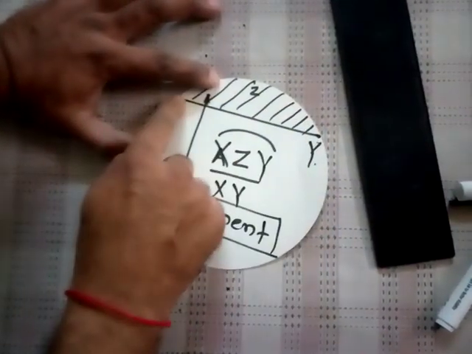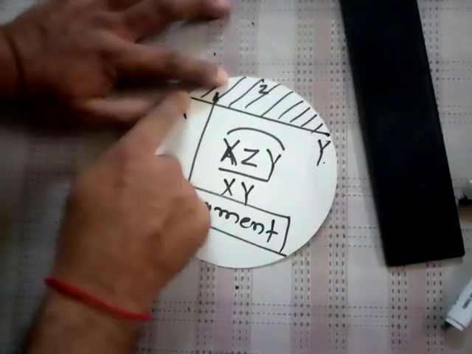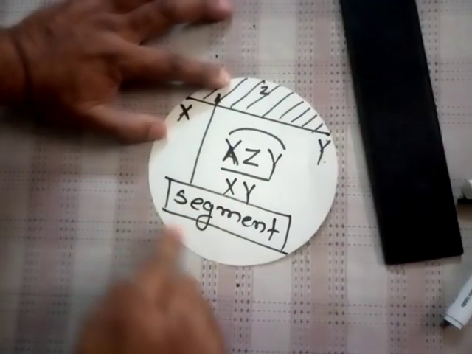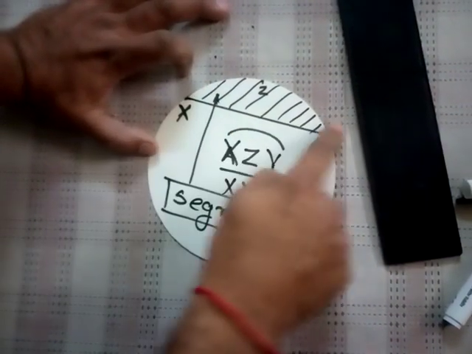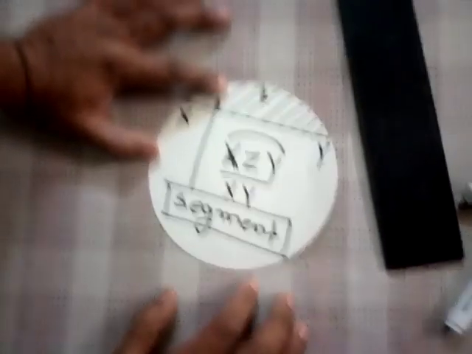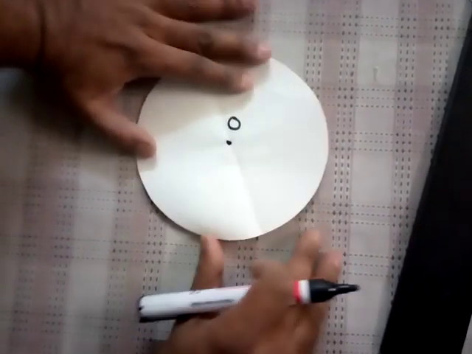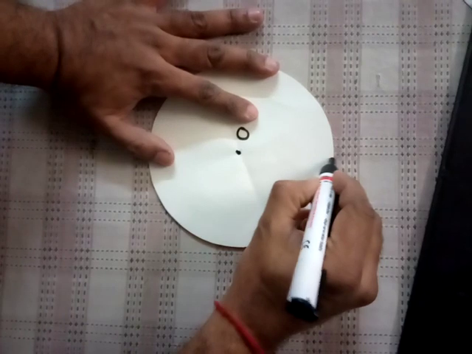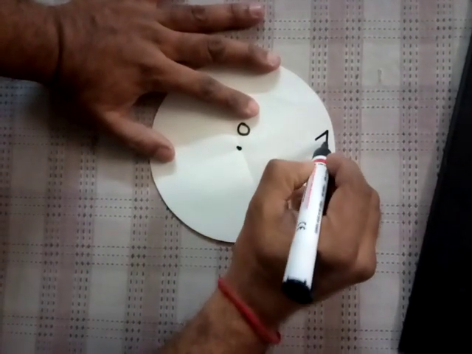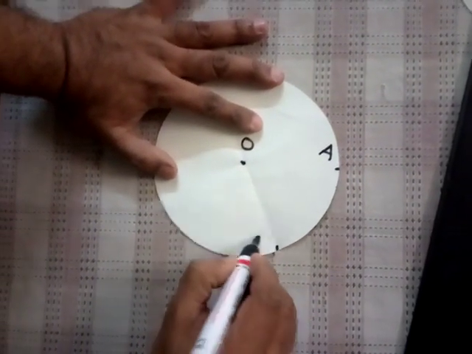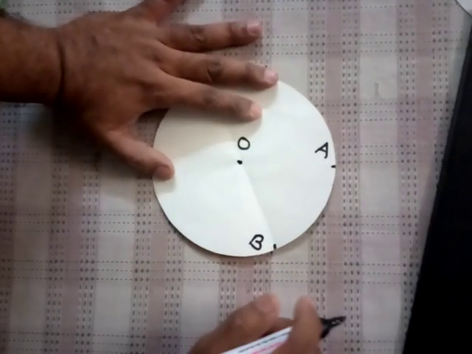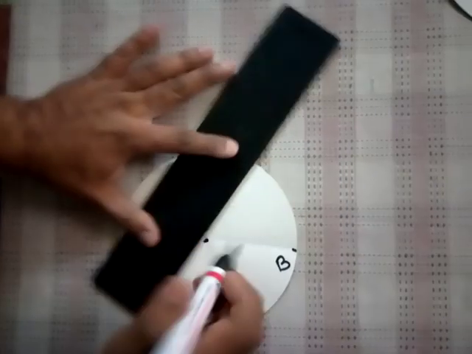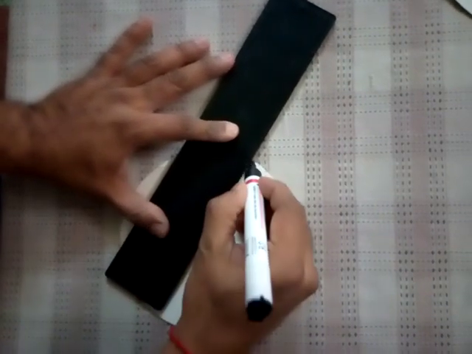So this is known as a minor segment and this is known as a major segment. So this part of a circle is a major segment and this is a minor segment. Now take a look at a circle with center O. If I take a point on the circle, say point A, and any other point B on the circle, if I join the line segment OA and line segment OB,